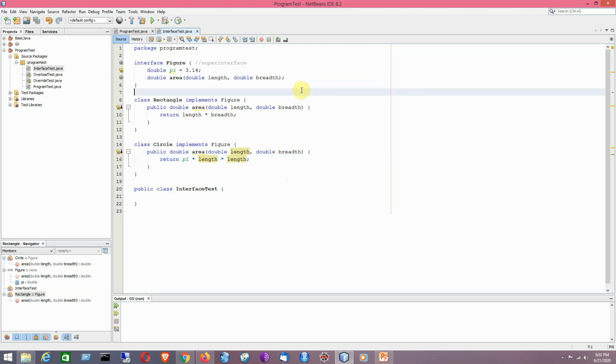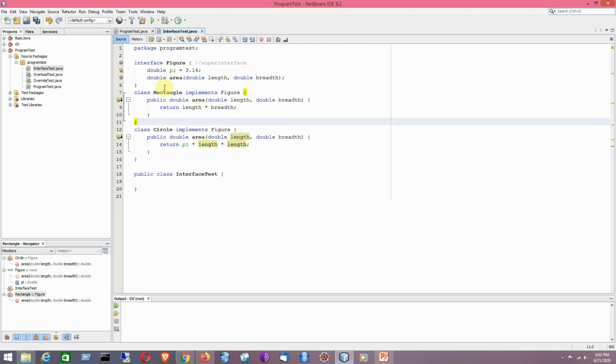So it is the subclass of figure. Similarly circle is also a subclass of the figure interface.